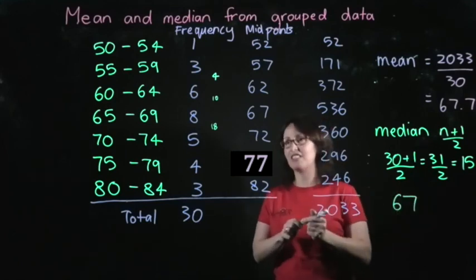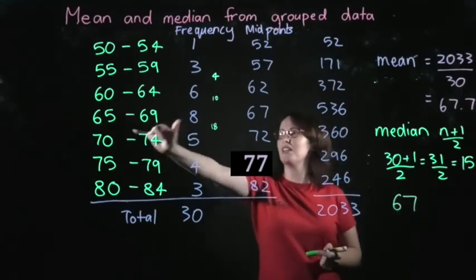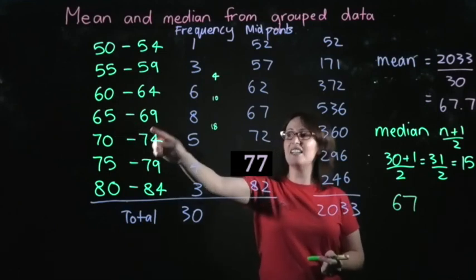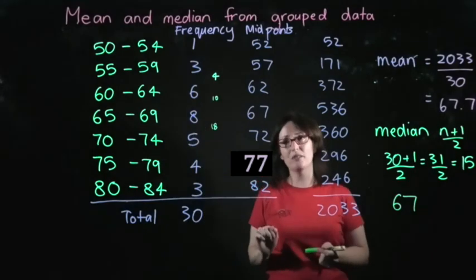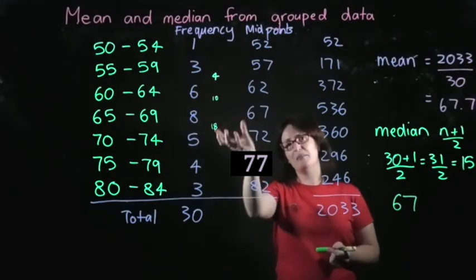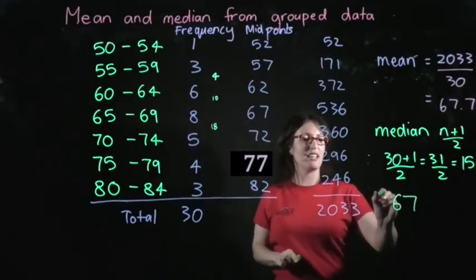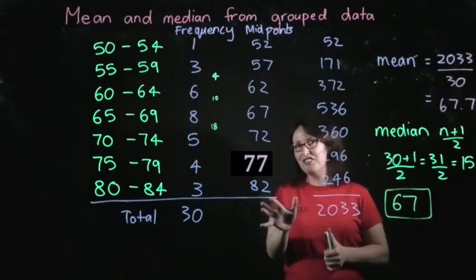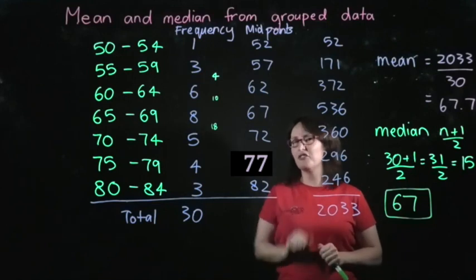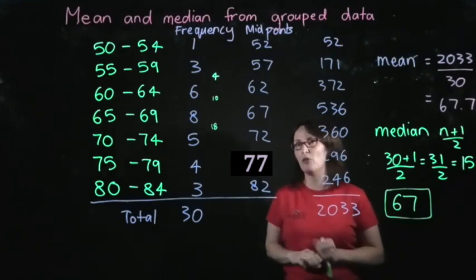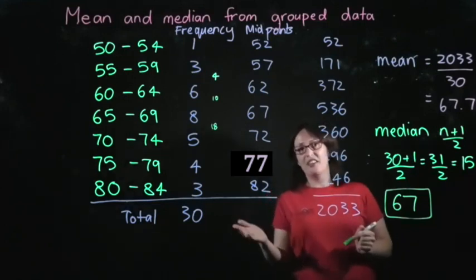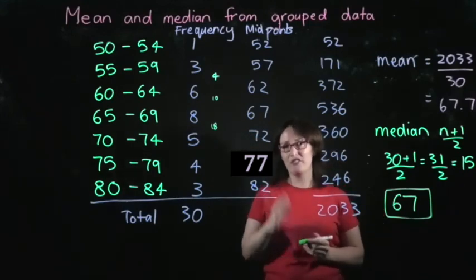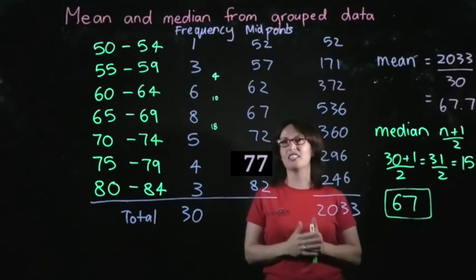Now we know that's not necessarily true. There's 8 people in this group, so there could be 8 65-year-olds, or there could be 8 69-year-olds. We're not sure, but we're approximating the middle as 67, so we're saying that the median here is 67. There are a few different ways that you could do this, so feel free to have discussions about this or look up alternate ways. So that summarises how to find the mean and median for grouped data. Hopefully you'll be able to apply this concept to some data